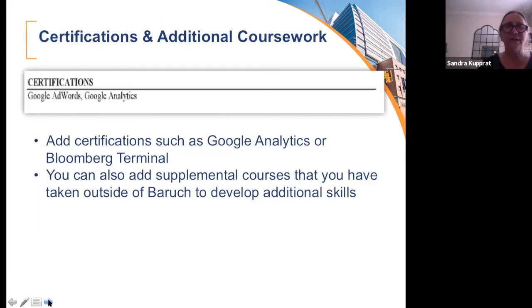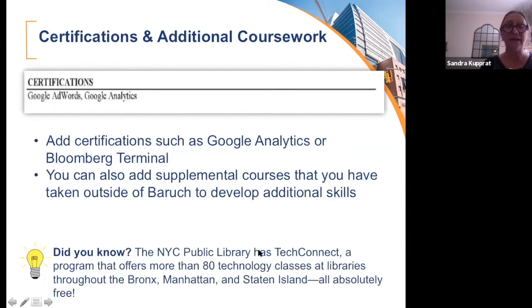Certifications is another section that you could put on there. If you're in marketing or even data analytics, you may want to show that you've gotten certified in Google Analytics. I have had some students who will take courses on Coursera or Train the Street or these other online programs. You could put them on here as a way to show I took extra effort to take this particular course so that I could have the skill that they don't necessarily teach me in my classes. So the Bloomberg course is a great course. It's 10 hours. I had a student do it in a weekend. Now granted, it's still a 10-hour course. It still took him 10 hours on a weekend to do it, but he definitely did it.